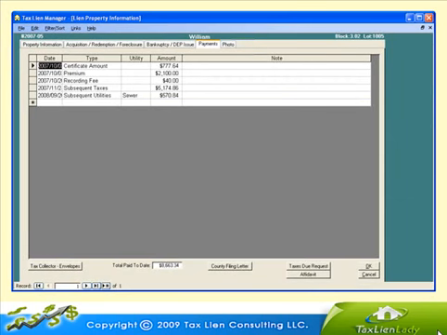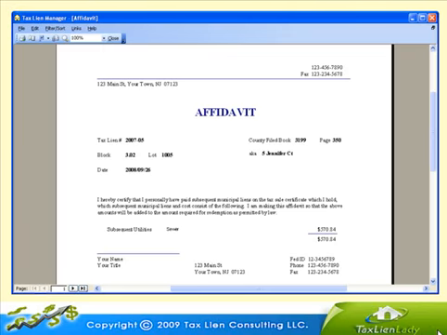After I have purchased a tax lien certificate, I use Tax Lien Manager to track my lien. I keep track of all of my expenses, like recording the lien and any subsequent tax payments made. I can print out an affidavit with one click of my mouse to send to the tax collector whenever I make a payment. This is very important because without that affidavit, you could lose any additional payments and the interest